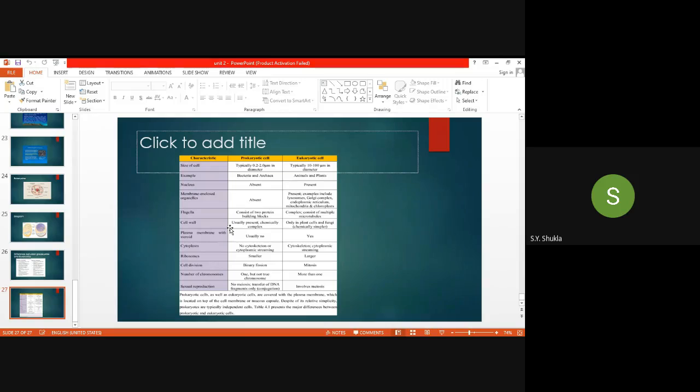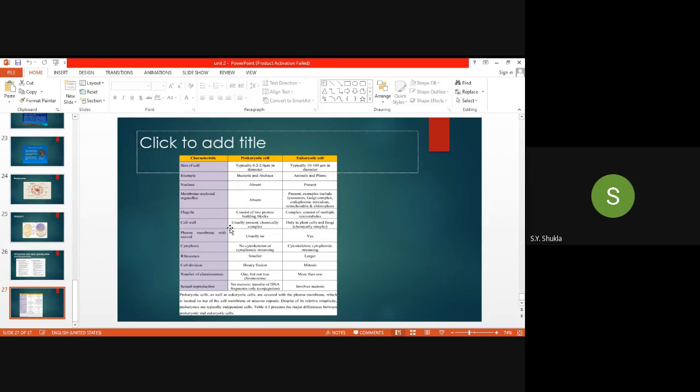Okay, then the next one is the ribosomes. Ribosomes are smaller in the prokaryotic cell. All of you should write it down. They are smaller, made up of 70 S type of units, found in the ribosomes present in the prokaryotes. And in the eukaryote it is somewhat larger, and the size of it is 80 S. 80 S type of ribosomes are found in the eukaryotic cell.